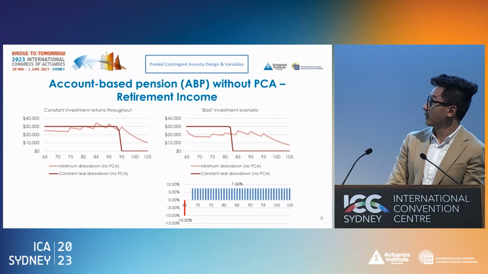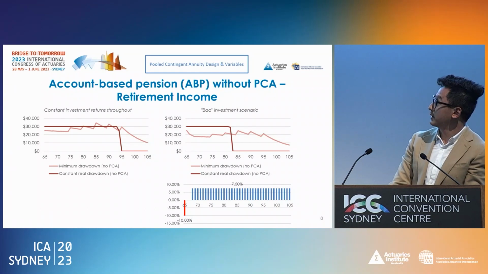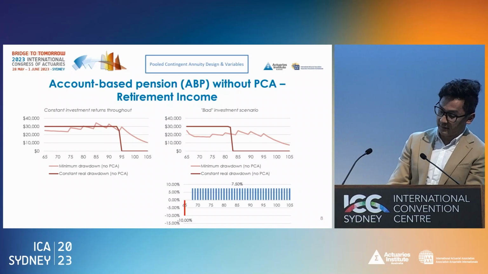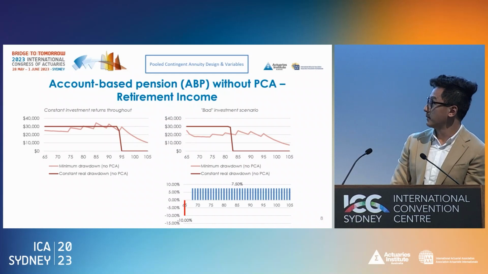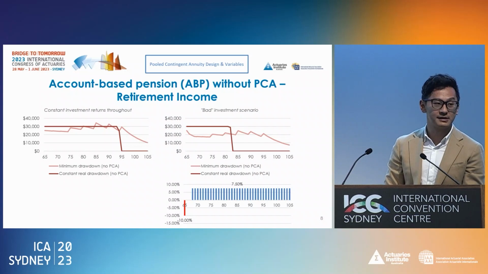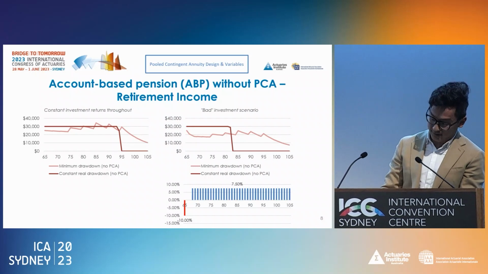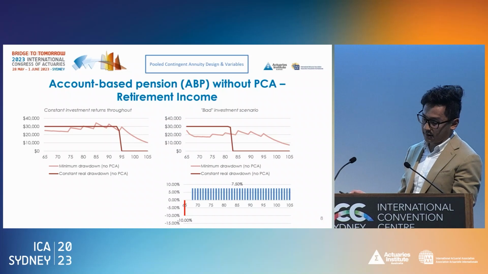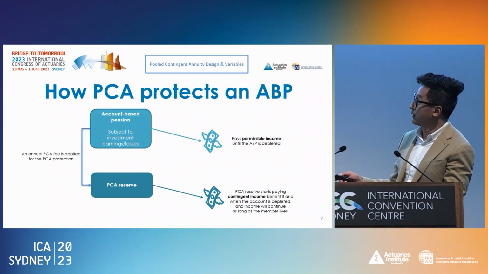On the left, we have the outcome under constant investment return scenario, and on the right, we have an outcome under adverse investment scenario. The first withdrawal strategy is what Vivian mentioned as the minimum drawdown strategy. So if you've been to Ben's session yesterday, you would understand what that looked like. So these percentages are essentially a percentage of account balance can be withdrawn,